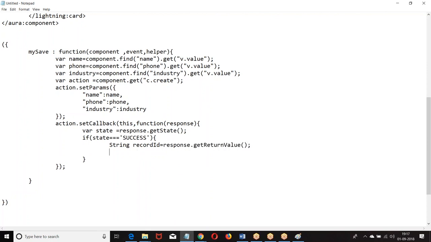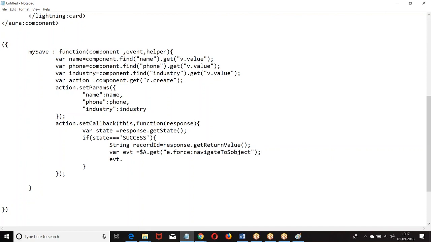Then once you got the return value, we are supposed to create an event. How do you create an event? Component dot, how do you define it? We want to call an event: $A.get("e.force:navigateToSObject").